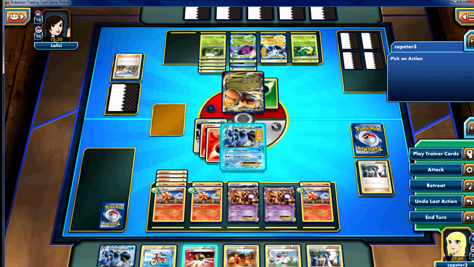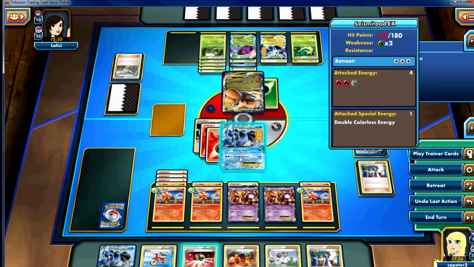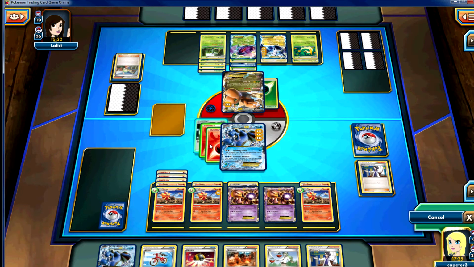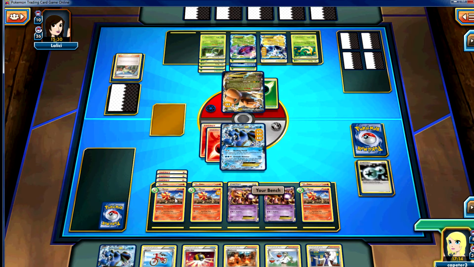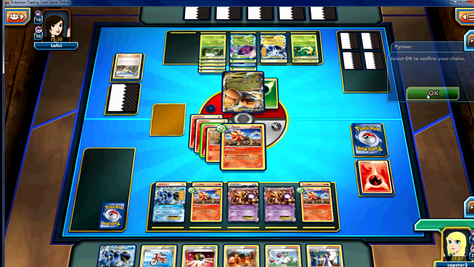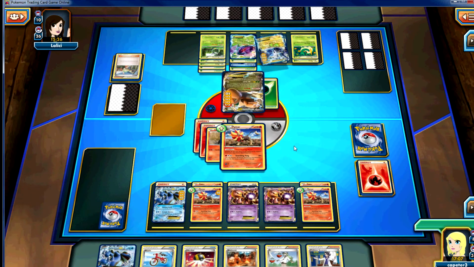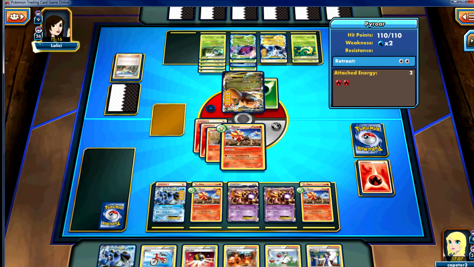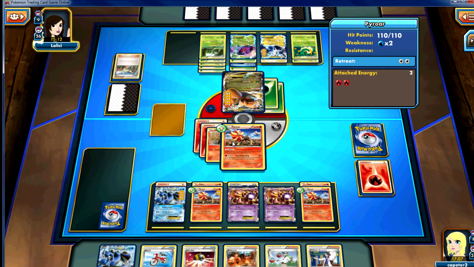And then we're going to Juniper, get another Pyroar out. And, I mean, there's no real reason why I need to retreat now, but for whatever reason I do decide to retreat now. I mean, I'm still up by 3 prizes, so I could have just saved the energy, but I do have a Blacksmith in hand, and I guess I figured I'd go ahead and just start putting the pressure on him, force him to retreat the Dragonite this turn. Otherwise,